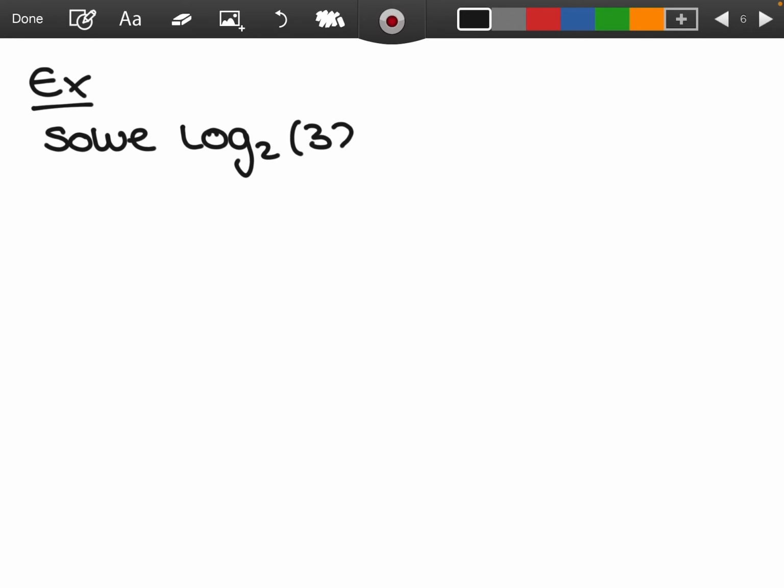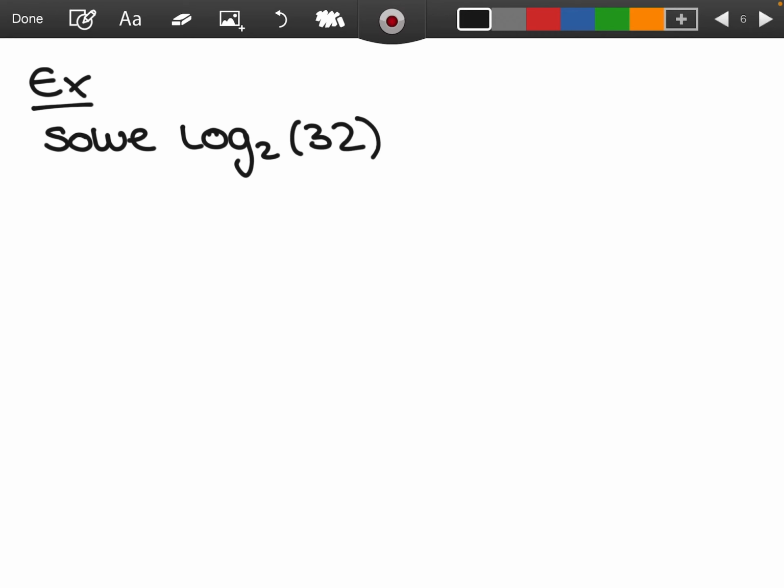The reason that we have done this is because any time that you are given a log, you can 100% use your calculator in order to solve it. There is a log button where you can change the base and the argument and just solve it on your calculator. So you can go ahead and do that. But if you are ever given a log, one of the easiest ways to solve it is to change it to an exponential. So now let's say that I want to solve